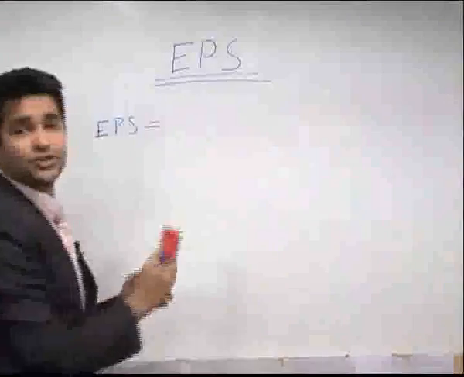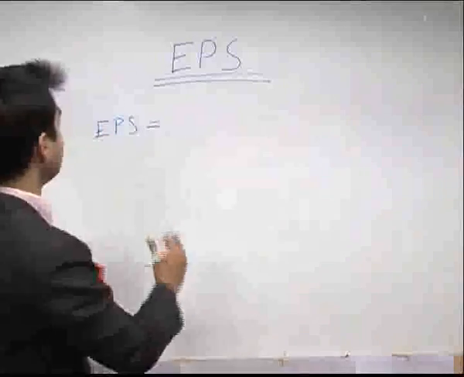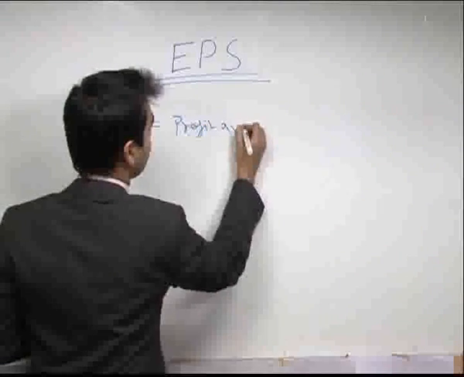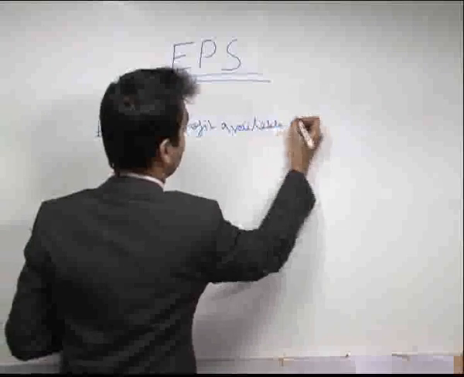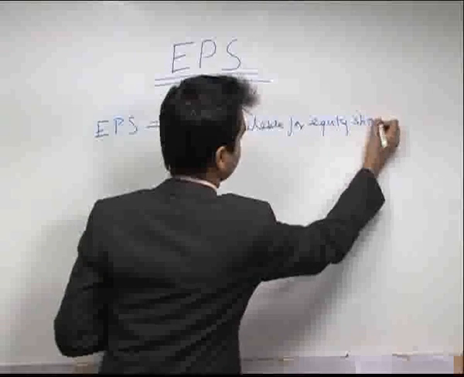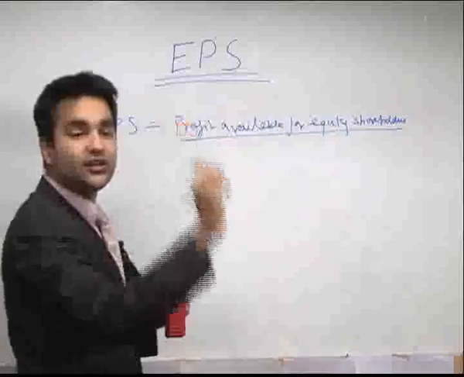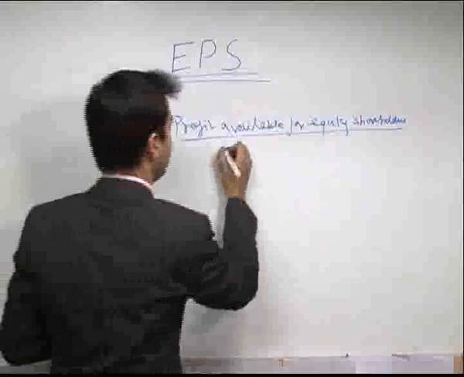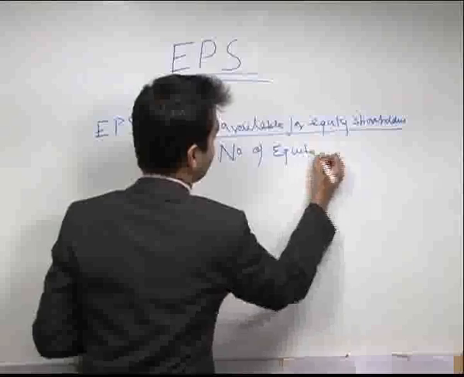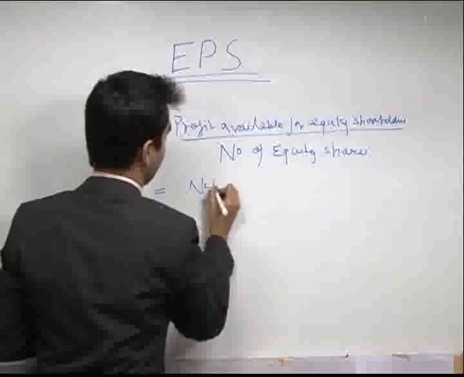So what is earning per share? We calculate earning per share only for equity shares, right? So earning per share will be the profit available for equity shareholders divided by the total number of equity shares. So the number of equity shares. We can also say it is equal to net profit